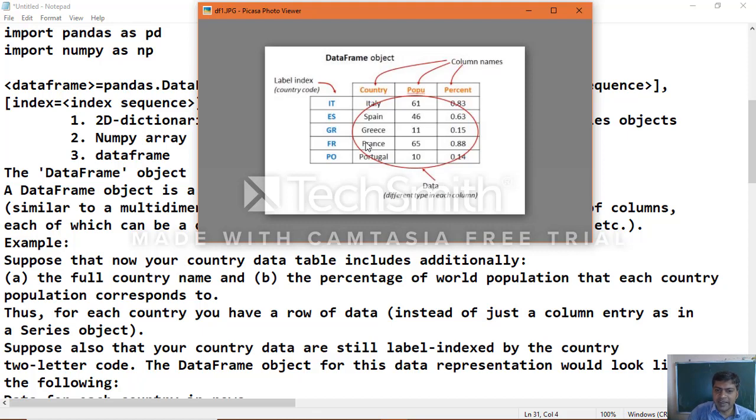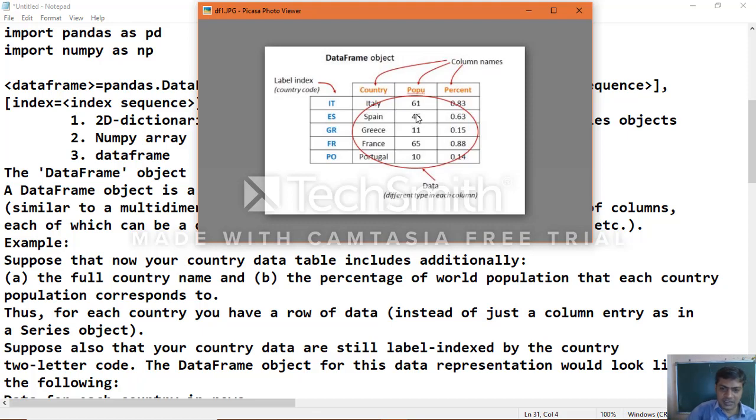So you can see different types of data in each column. Each column is holding a different type of data. The country column is holding string values, the population column is holding numeric, that is integer values, and the percentage column is holding floating point values. Now we come to know how a data frame represents a tabular form, rows and columns, a combination of rows and columns. In the 2D data frame which we create, missing values are always represented as NaN, not a number.